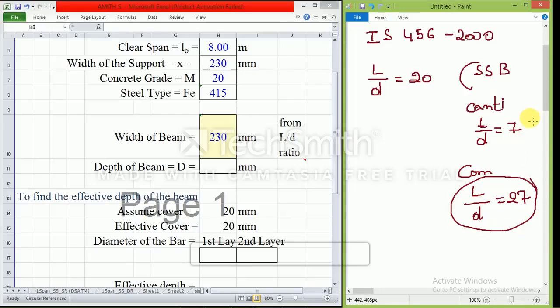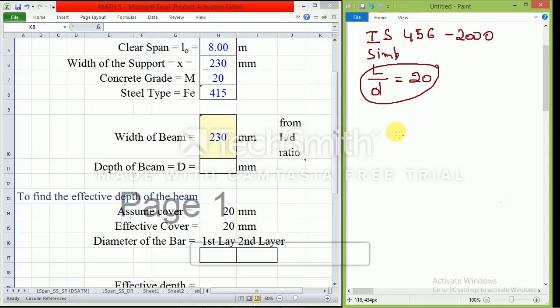Just remember these things. These things will be asked in competitive examinations. What is the L by D ratio of the cantilever beam? What is the L by D ratio of the continuous beam or simply supported beam? But in our question, it has been mentioned that it is a simply supported beam. So let us make use of L by D ratio equal to 20. If L by D ratio is equal to 20, then I told you we need to find D.